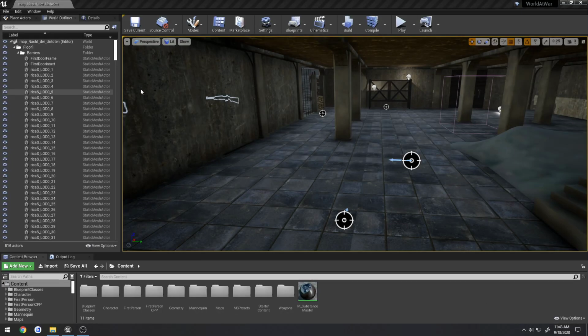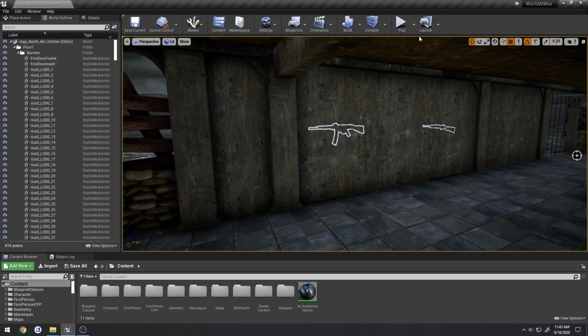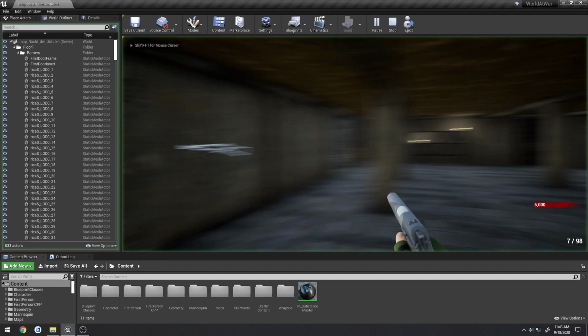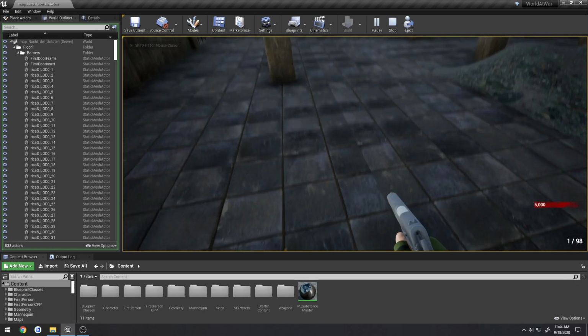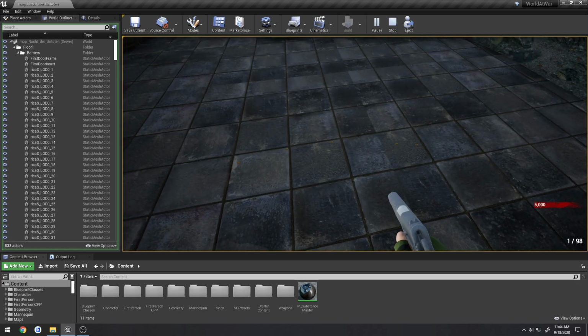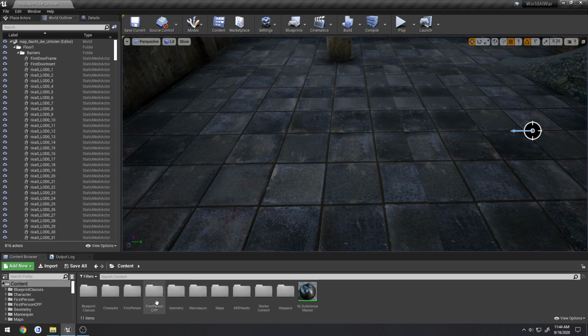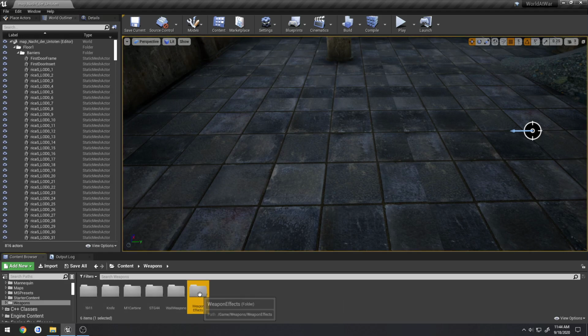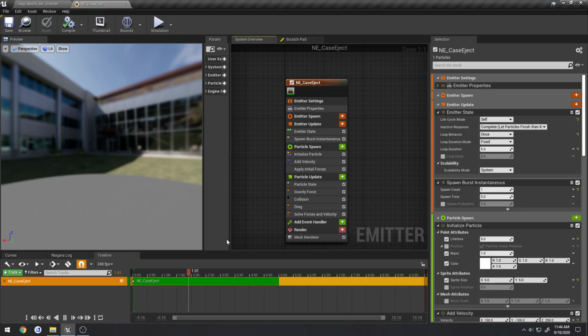In this video, we want to make some improvements to how our bullet cases eject. So currently, they just eject straight out. No real change, they don't flip or spin or anything like that. So that's what we want to change. So if we head over to Weapons, Weapon Effects, Bullet Cases, and open up our Niagara emitter, we can change